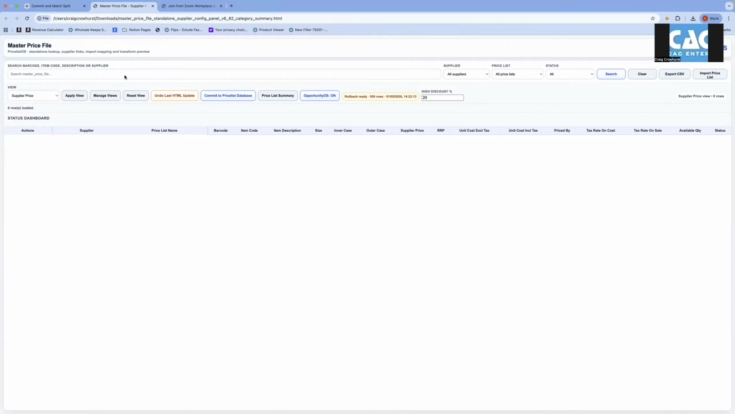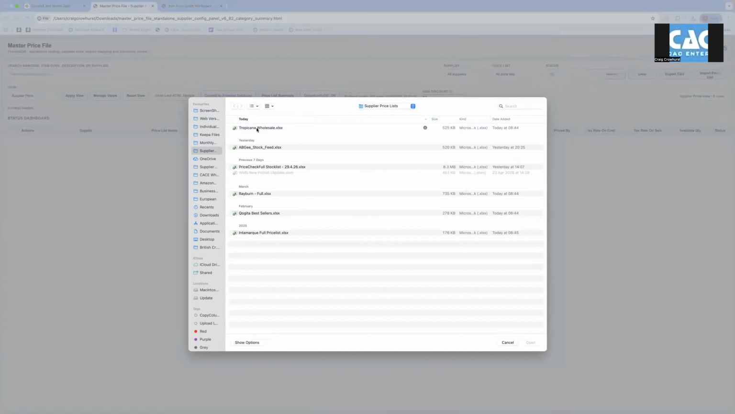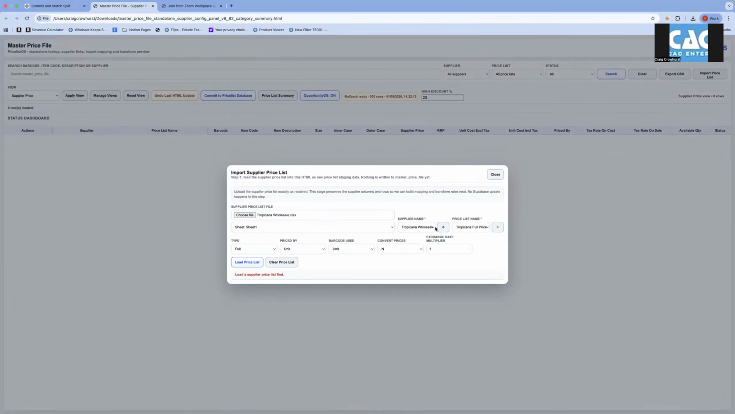So what I'm looking at here is basically the tool. And to start off, I'm going to import a price list. So this is the price list from Tropicana. So I bring that in. I've given it a name, the supplier a name. I've got the price list name that I'm calling it, and I can say whether it's a full list or